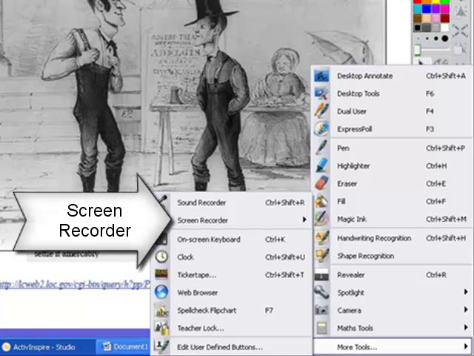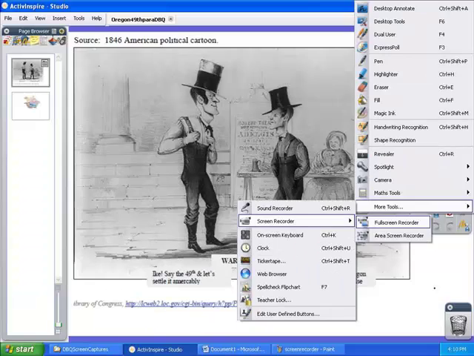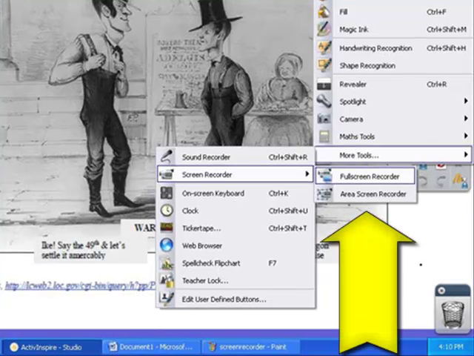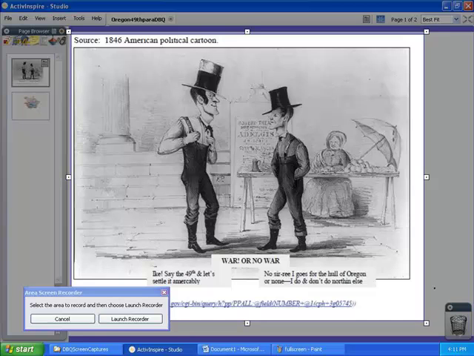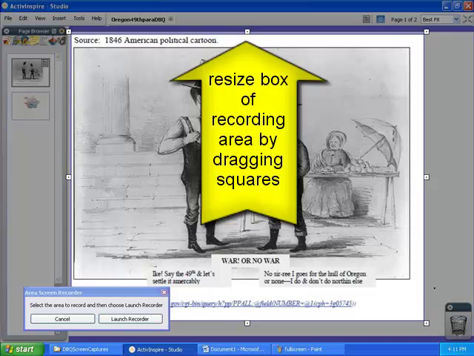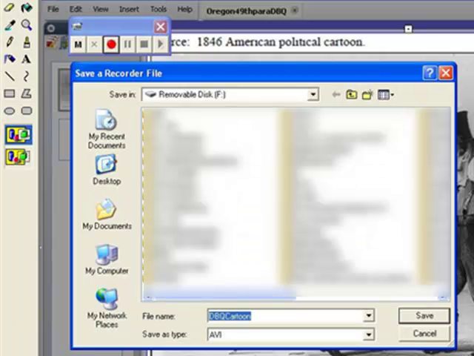You could choose to record the whole screen or draw a certain area that you want to record. In this case, select the area screen recorder. You're then going to draw the exact area that you want to record on the screen. And again, this will record that area no matter what program you move within. After that, you'll draw the area and then click Launch Recorder. It's going to ask you to where you want to save the video file, and it's going to save it as an AVI file, which